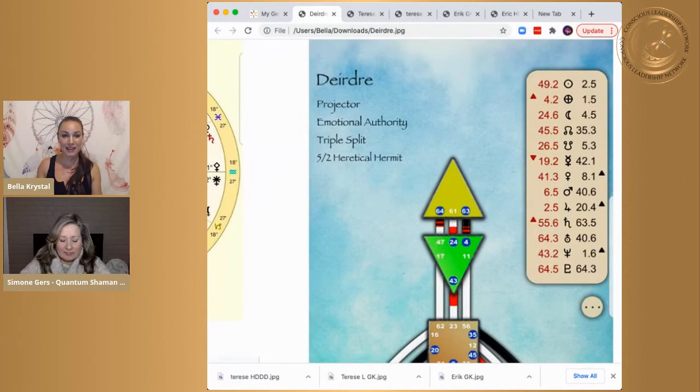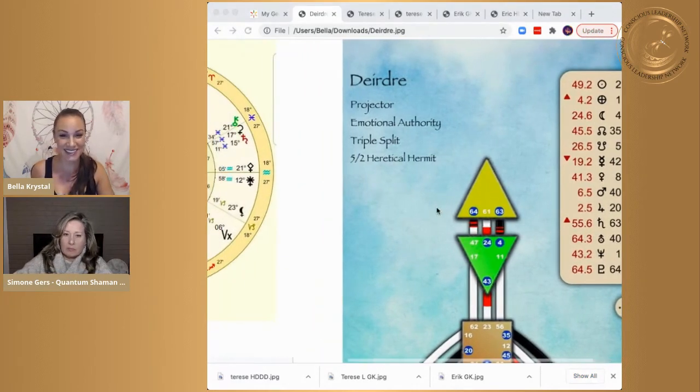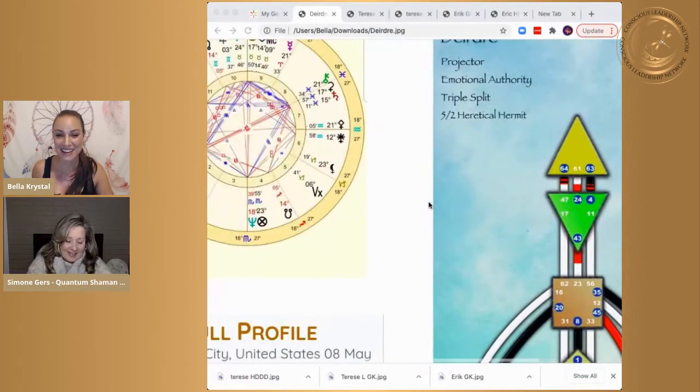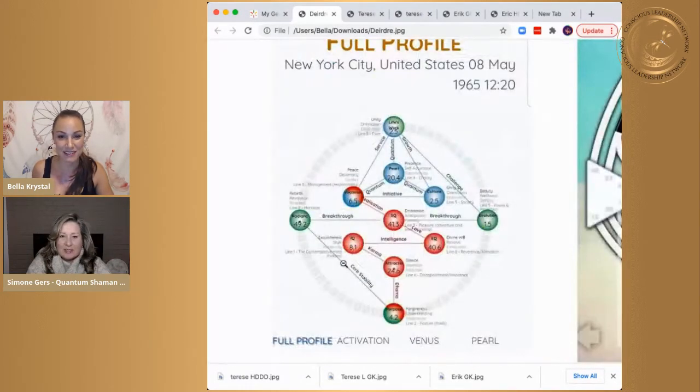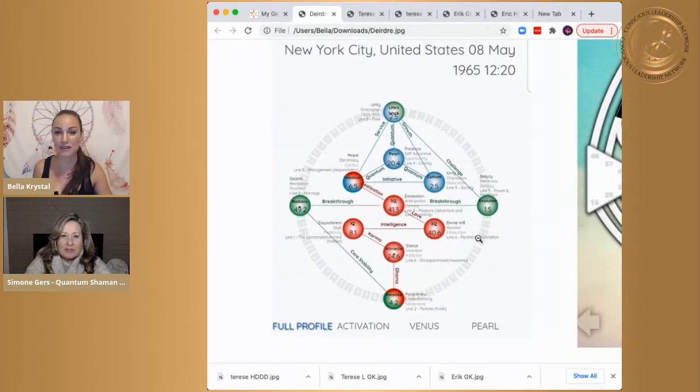Okay, so here we have a lot of charts together, and for the purpose of making it make sense on the screen, this is the view that comes up best. So here we have another May 8th. We have a 2, 1, 49, 42, exactly the same activation sequence. So everything that I just said for the leadership, how the leadership works, is the same here. When I go into the chart and I see the vocation, the core wound, that is a 6-5,